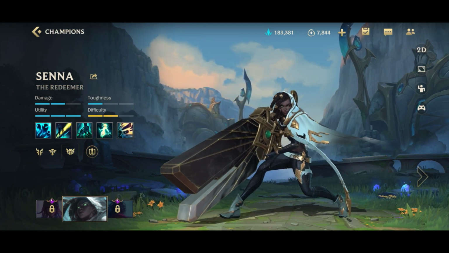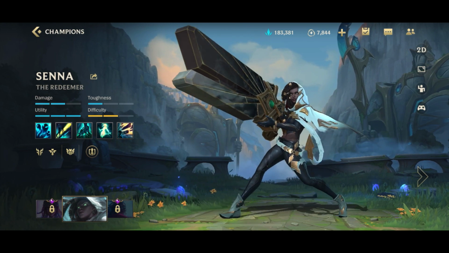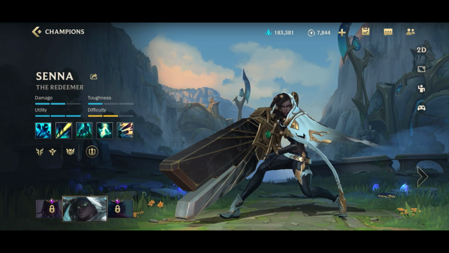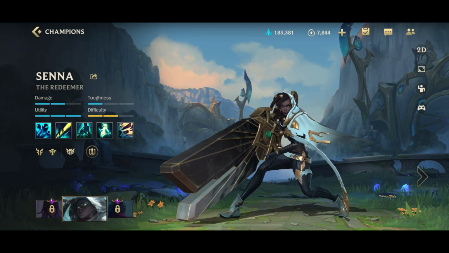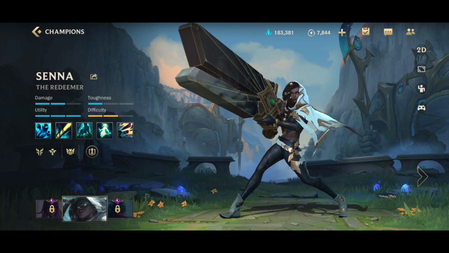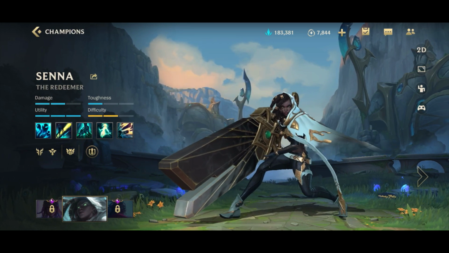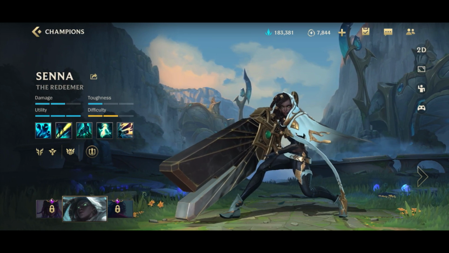Having the extra utility on her Q is absolutely amazing, and because of that, in my opinion, Serylda's Grudge and Frozen Gauntlet shouldn't even be built on Senna anymore. You used to build Frozen Gauntlet for the slow, which kind of does make sense, but now that you have the inbuilt slow, I don't think building Frozen Gauntlet makes any more sense,